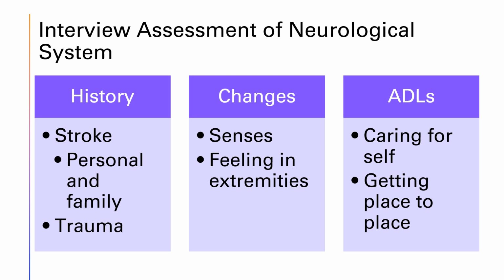We also ask about any trauma to the head or spine, previous strokes, changes in any of their senses, and how they feel their memory and emotions are doing. We can also ask about their ability to care for themselves and their ADLs. We want to know how they are able to get to their appointments and to work, because all of this information helps us understand how their brain is working. And then in addition, we also want to know about any family history of strokes.